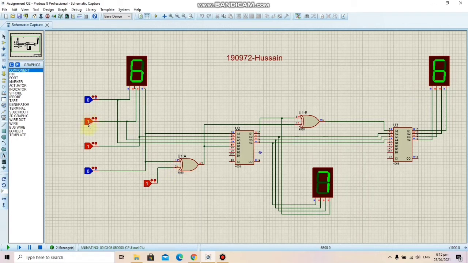Similarly, if we input an odd value, let's say 3, the XOR combination here will give us an output of 0. When 0 is added to the input, our answer remains the same. Here we can see 3 being displayed, and then here we get 0 again. So 0 and 1 will give us 1 at the output.